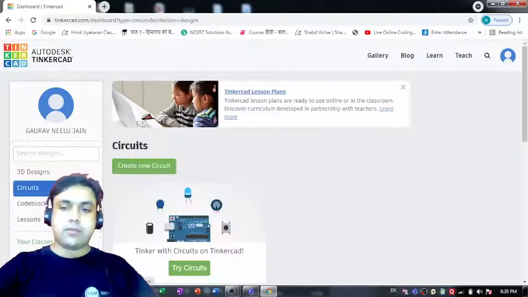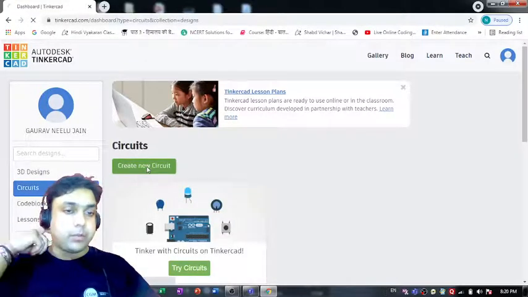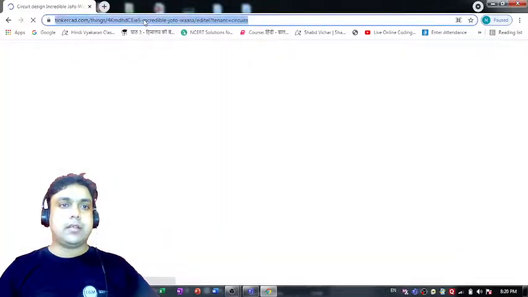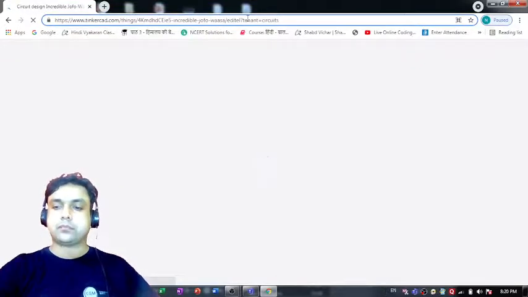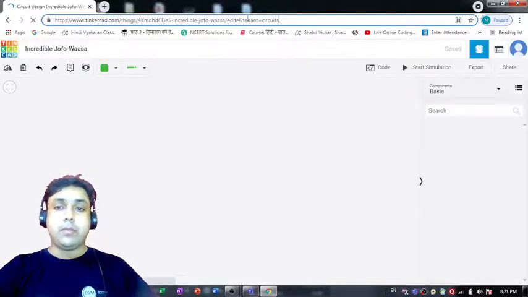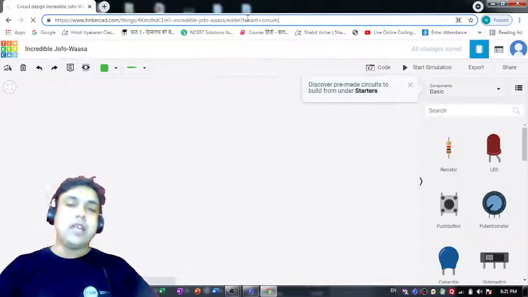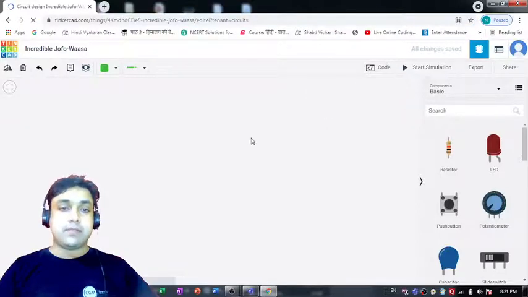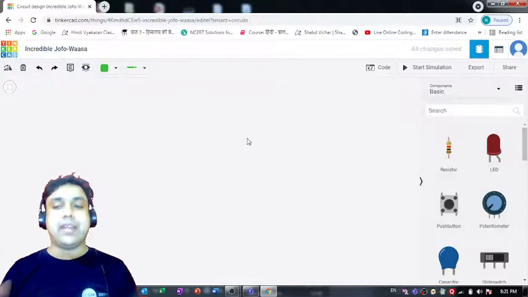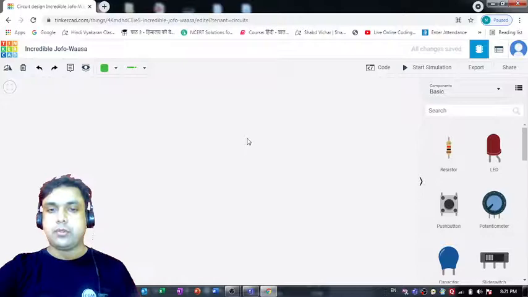Now let's access that virtual environment where we can create the virtual circuit. So these are the steps we can use for getting ourselves redirected to that amazing environment. This lecture is going to be extremely amazing and extremely fun for all those students who want to know how they can use an LCD, how they can connect an LCD to an Arduino using a breadboard, and how they can make it function. Right, so that's the environment.